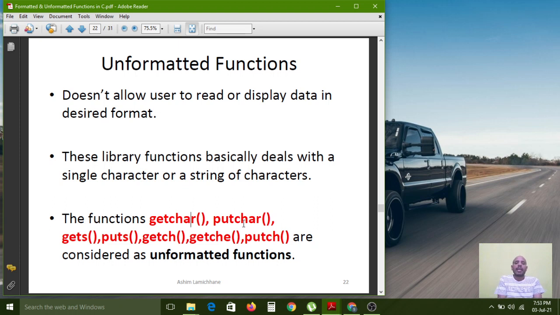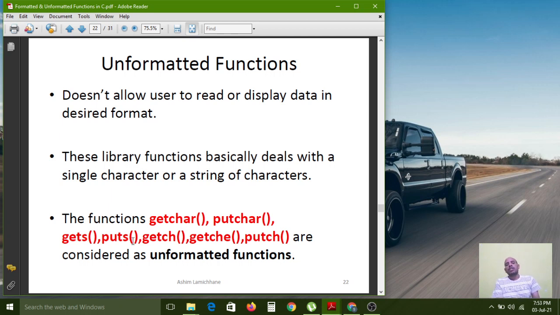And gets and puts, meaning get string and put string, are string related functions. These are also unformatted functions. gets is used to take a string as input: instead of reading a single character, it will take a group of characters, a name, from the input given by the user.